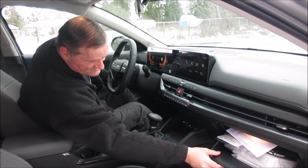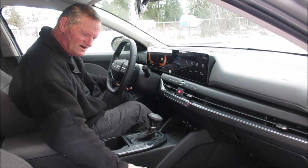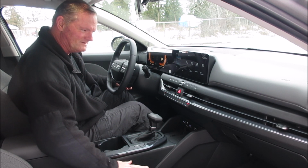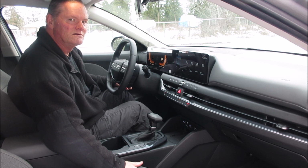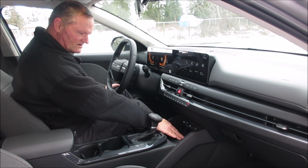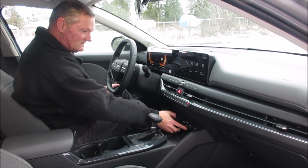Huge glove box with lots of stuff in it. The seat padding is very nice. It's not a fabric I'm familiar with. Wait a minute. This feels buttery. Oh. Nevertheless, charger for your phone, USB-C,